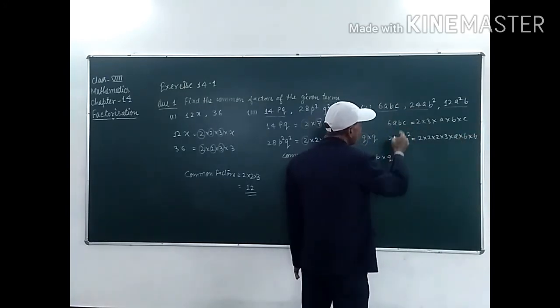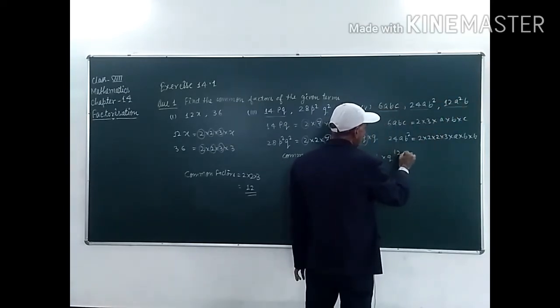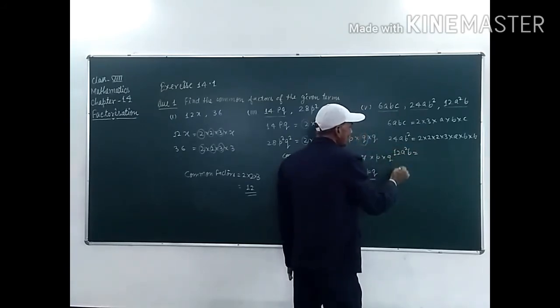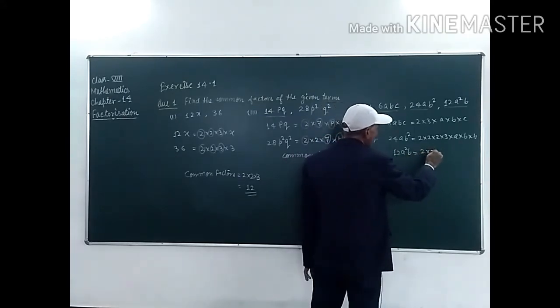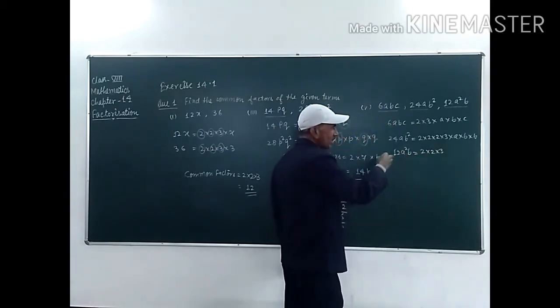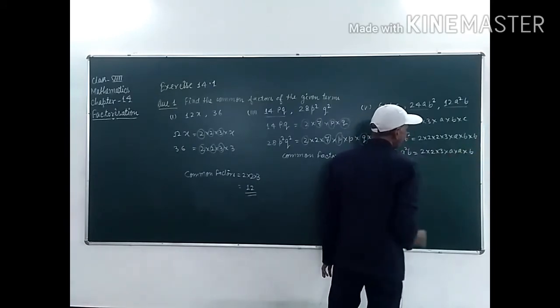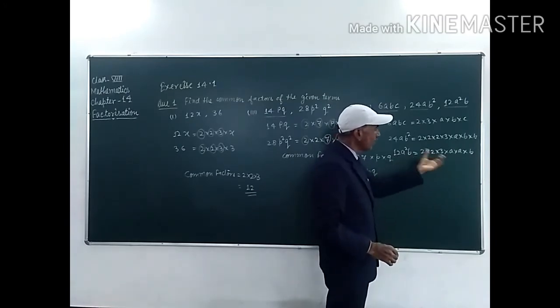Now we will find the factors of 12a square b, students. So factors of 12, that is 2 into 2 into 3. 2 twos are 4, 3 fours are 12. These are the prime factors of 12. And a square, it means you have to write a two times here, a into a, into b. These are the factors of 12a square b.